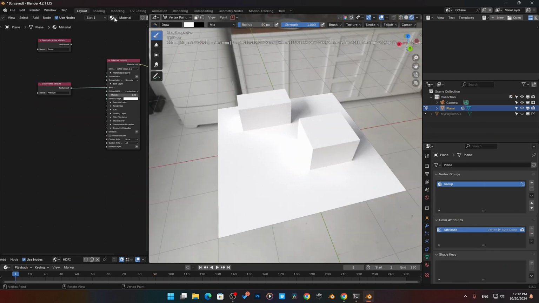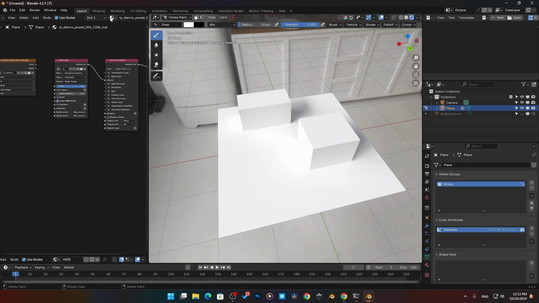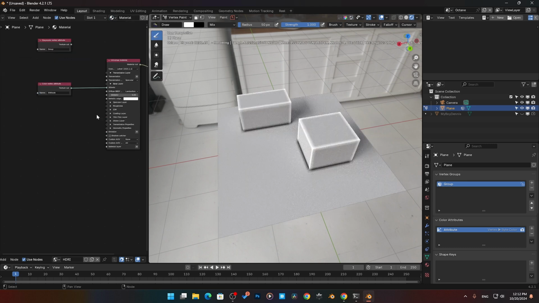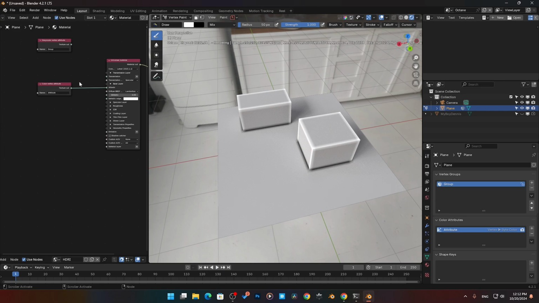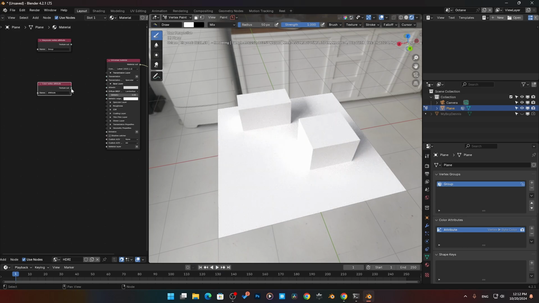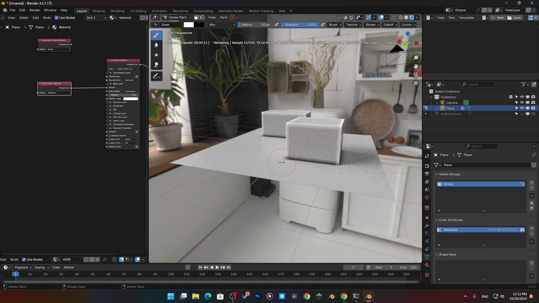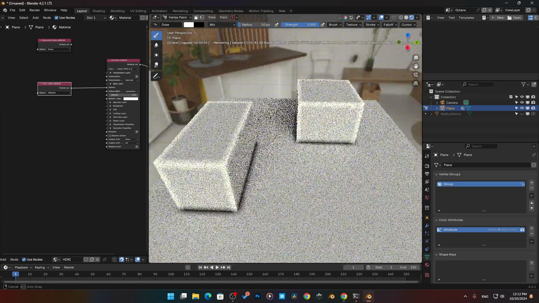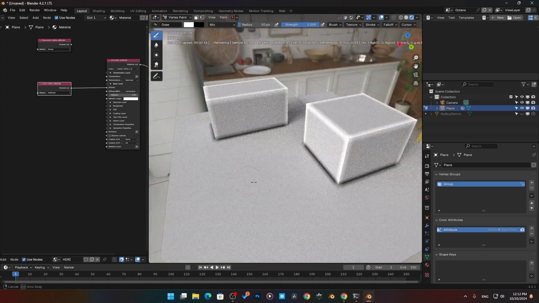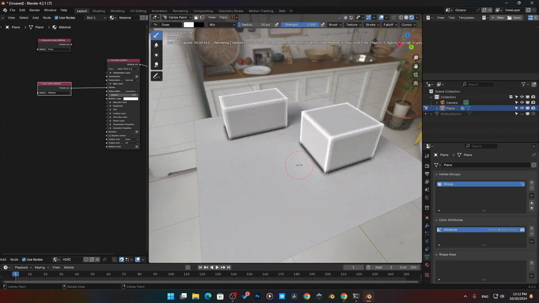And sometimes we might need to just change the material and then change it back. There it is. So if that ever happens to you, it's just kind of like a little bug. Just switch your material to something else and then switch back to that. And now we can see here it is. If I disconnect that, there it is. And if we plug this back in, here it is. So the concave areas get darker and the curvature areas basically have the white on there. So that is just a really cool way that we can add in a little bit of vertex